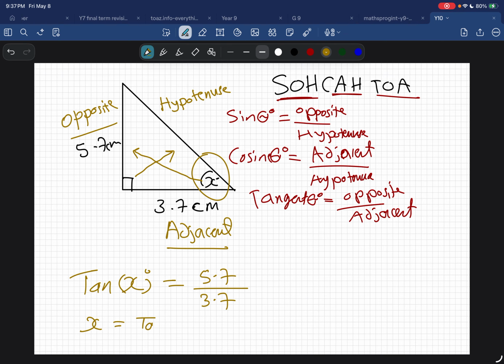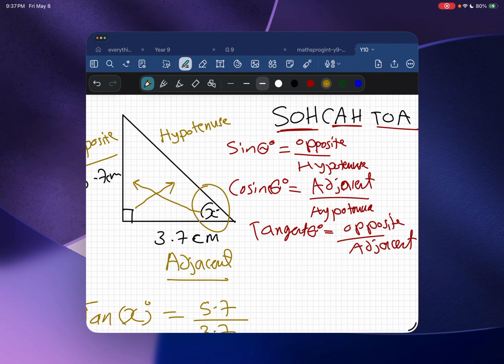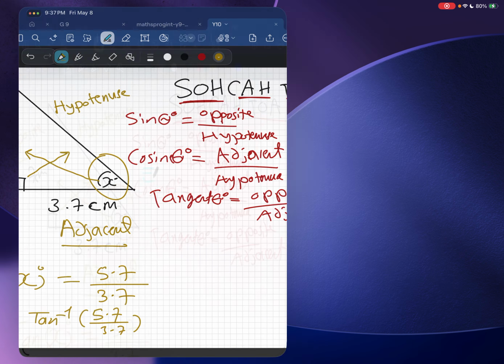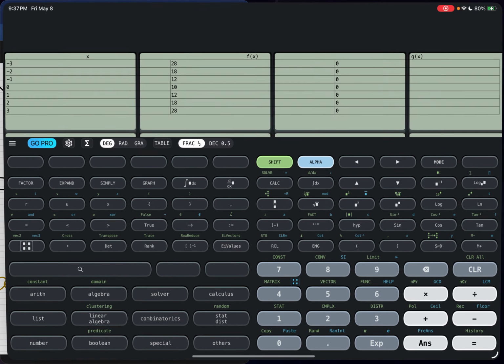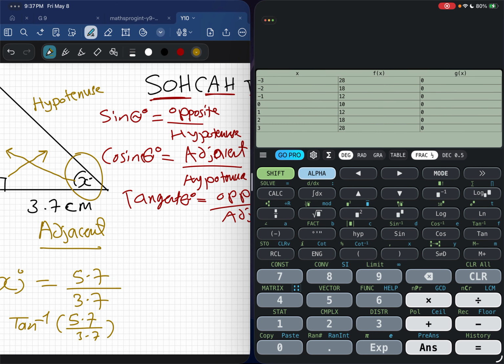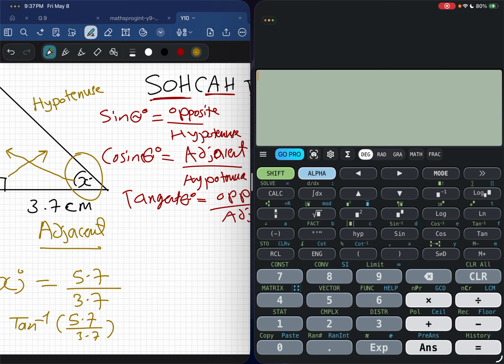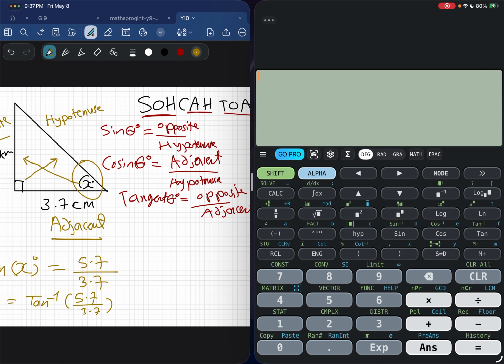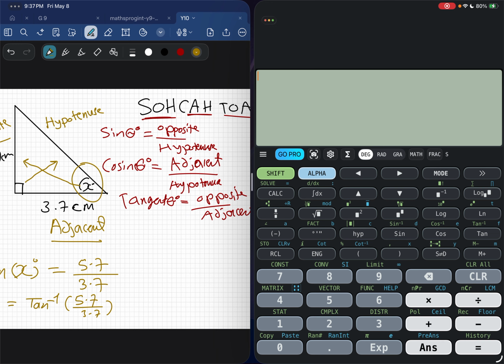To find the value of x, you're going to plug this into the calculator. You're going to do shift, tan, which is 10 to the power minus 1, and put this value on your calculator. Let's do this together. Let me open my calculator. Let's change the mode to the normal mode. I've been dealing with graphs earlier. So, like I said, shift, then press tan, and put the value as a fraction, obviously,